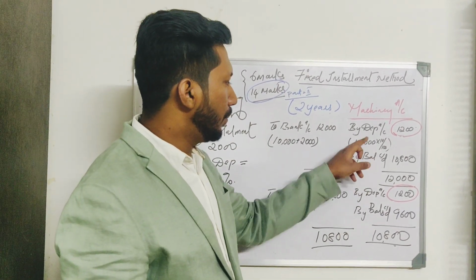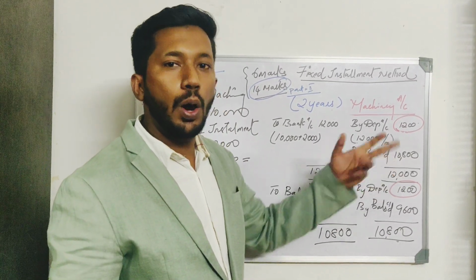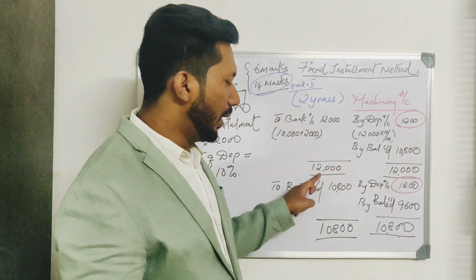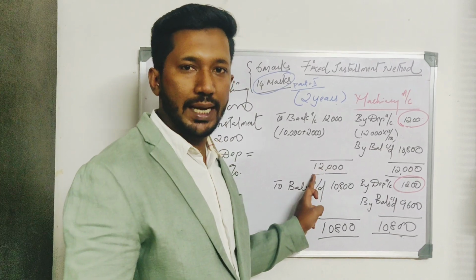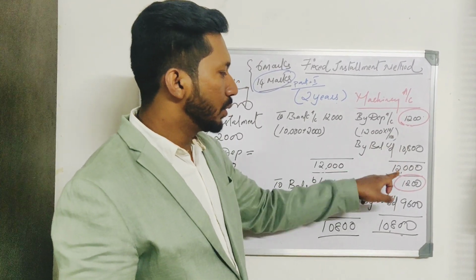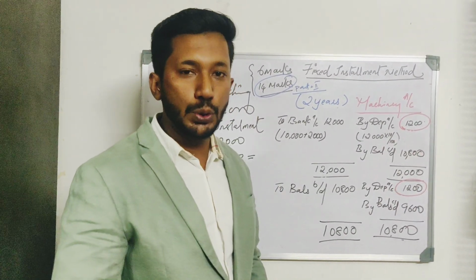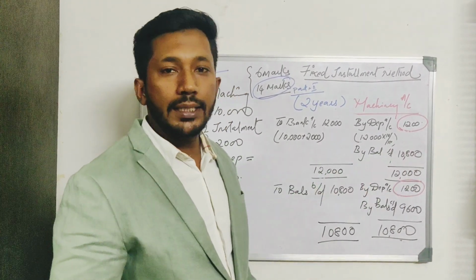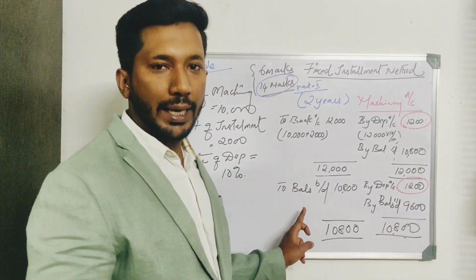Okay. So after doing this, we need to write down balance carried down. How will you arrive at balance carried down? Here we don't have any entries, so we will just sum up and we will write 12,000 and 12,000 on both sides. And after which we will just see the difference amount. So 12,000 minus 1,200, that is 10,800 rupee. That will be carried forward to the next year.